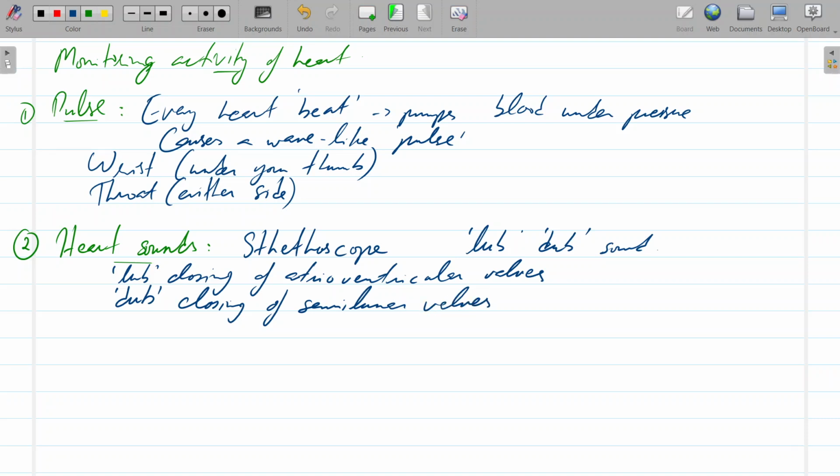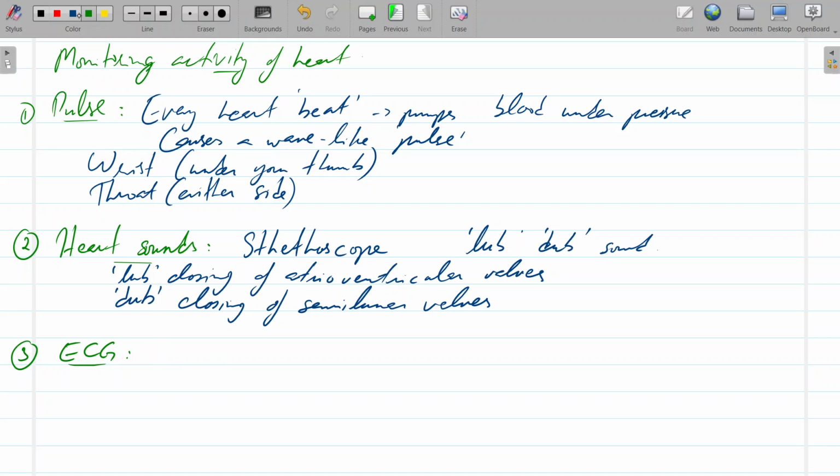Now, if you've ever heard the sound of the heart beating, you'd understand how quickly it's happening, right? It's just like tuk tuk tuk tuk. Obviously, scientifically we call it lub dub, but it's happening very quickly. And so that gives an idea of how quickly. Obviously, if it's happening 72 times a minute, it's happening more than once per second, which is fast. The third way you can monitor activity of the heart is through an ECG,